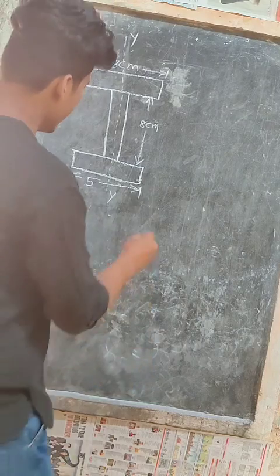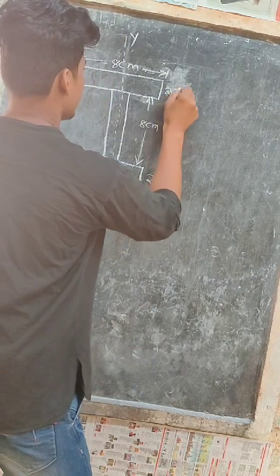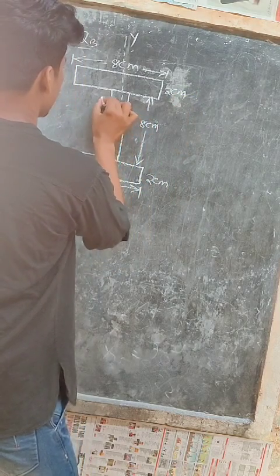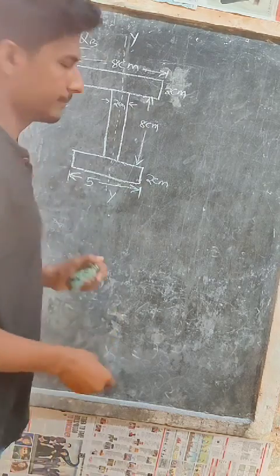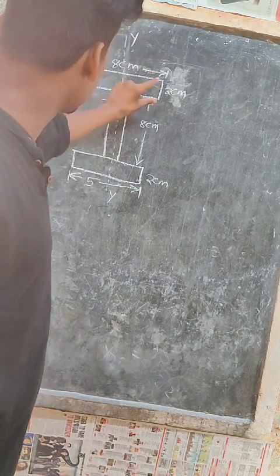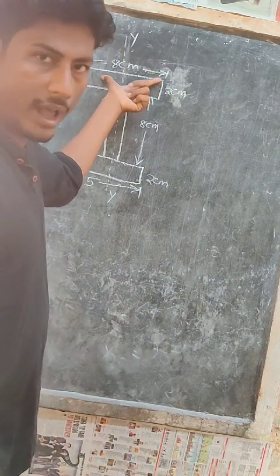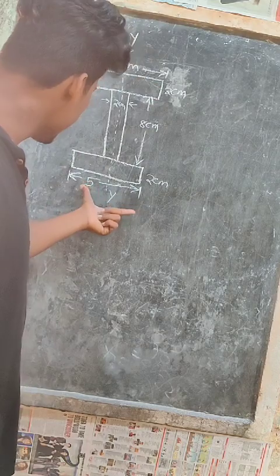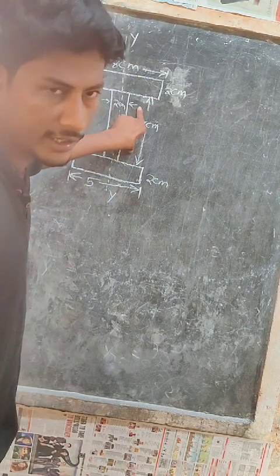And this width is taken as 2 centimeter. This is also 2 centimeter, and this also 2 centimeter. It's a common width. I think the common width of the section is 2 centimeter. And this flange has 8 centimeter width, and this flange has 5 centimeter width, and this web height is